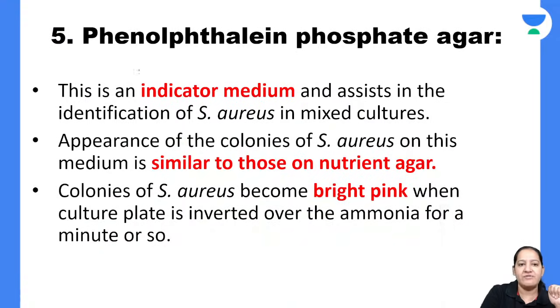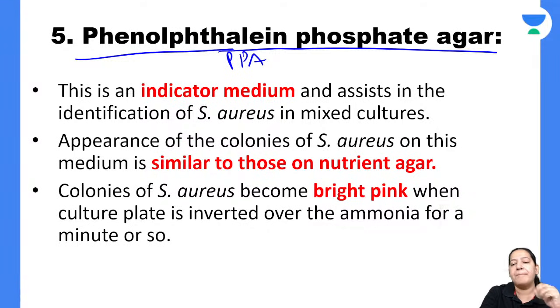The fifth one is phenolphthalein phosphate agar, PPA agar. PPA agar is an indicator medium. So when colonies are formed on this medium,